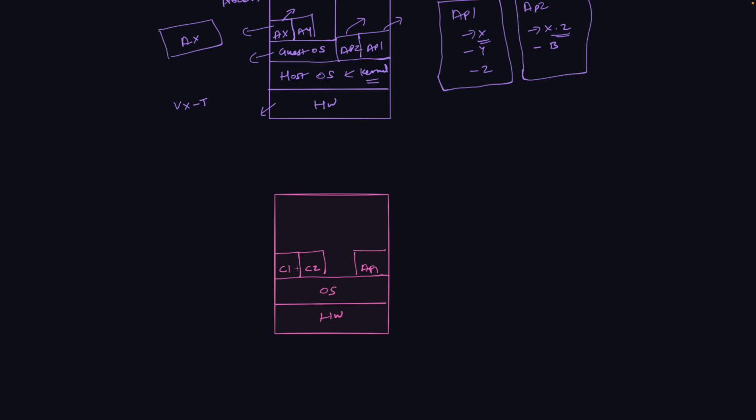And then in addition to that, it will have the program that we want them to run. So let's say, for example, I want container 1 to run app 1 and container 2 to run app 2. Then those programs will also be running inside these containers. Now the advantage is these two containers will not be able to see each other because of the isolation that